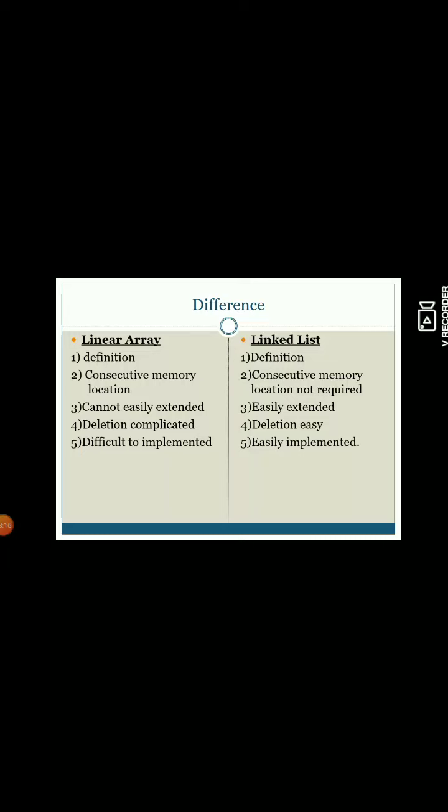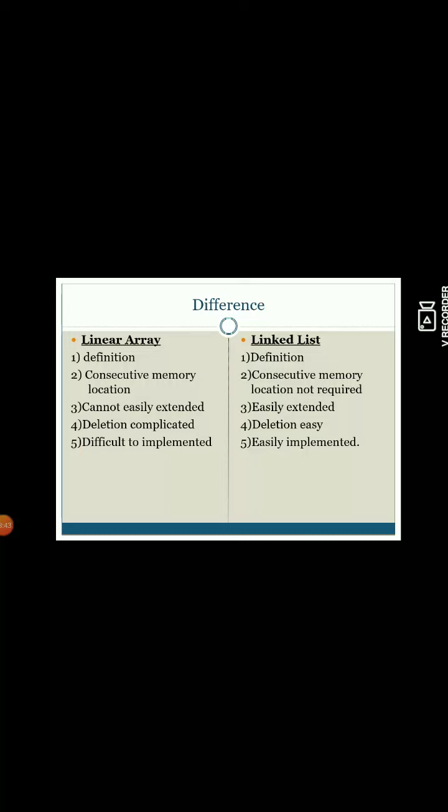Once that position is empty, only then can you insert the data. But in a linked list, it is quite easy, because wherever you want to add a node, you just put that node between two nodes. We just cut the arrow between those two nodes and make arrows that follow the new node.